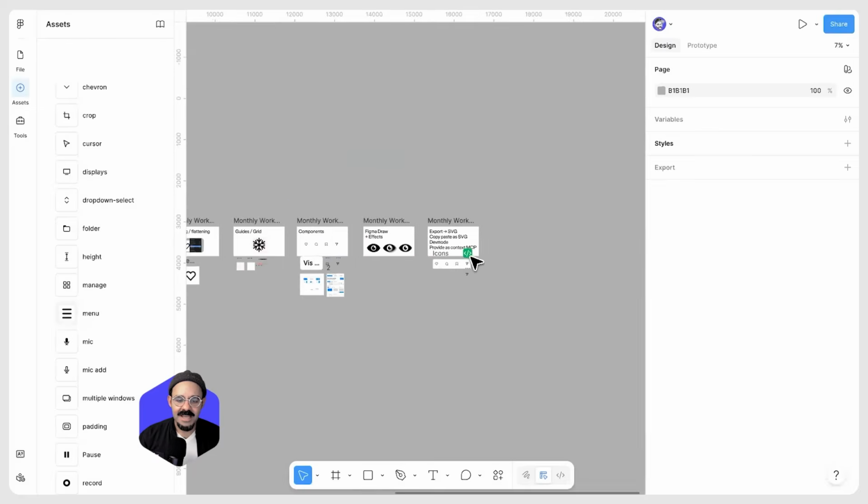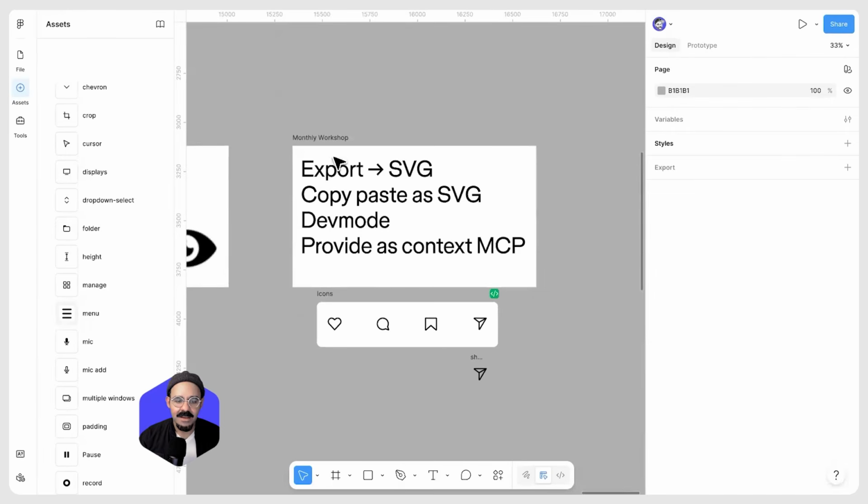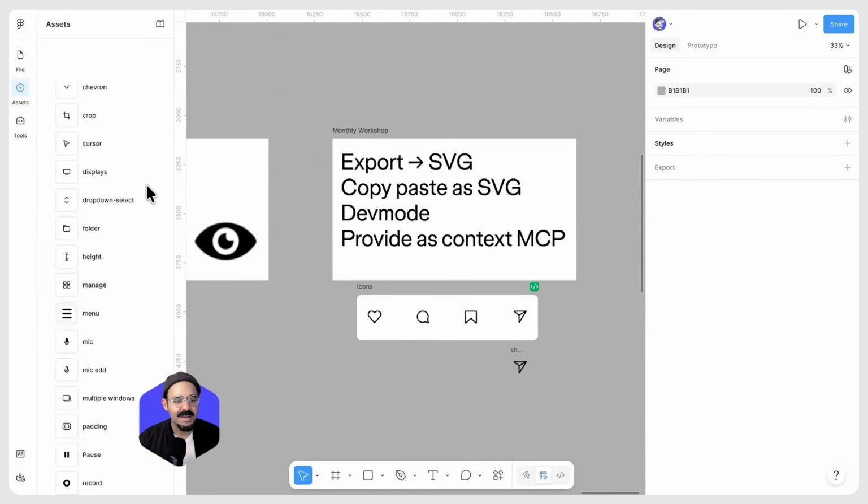So once again, icons front to back. You can export as SVG, copy paste as SVG, you can use dev mode, and you can provide it as context for MCP if you are building with an agent. So that being said,